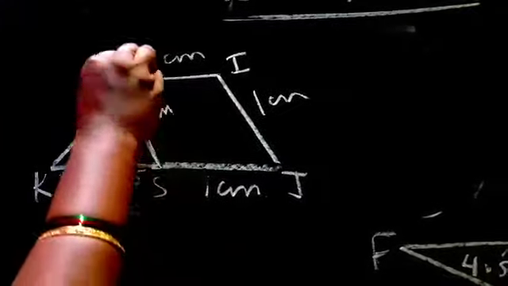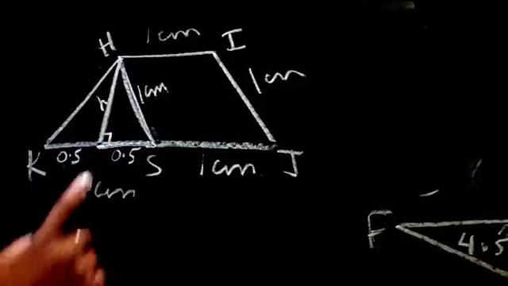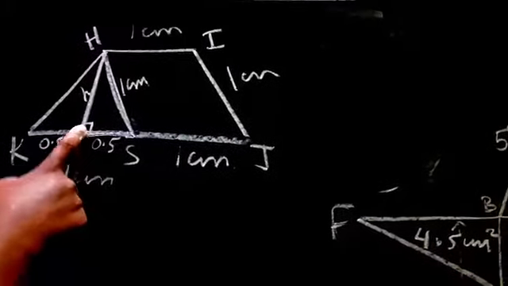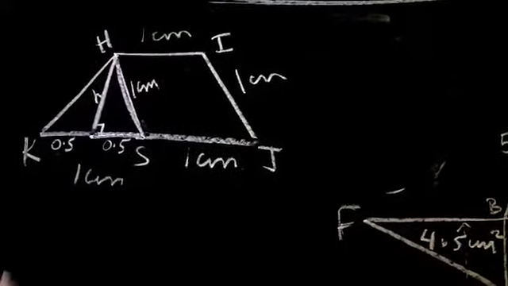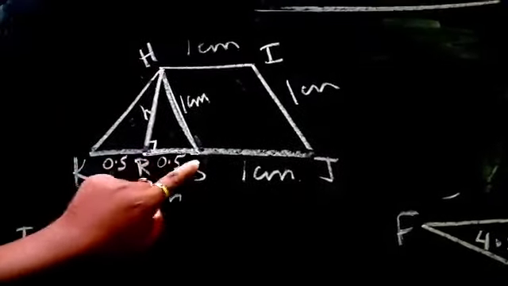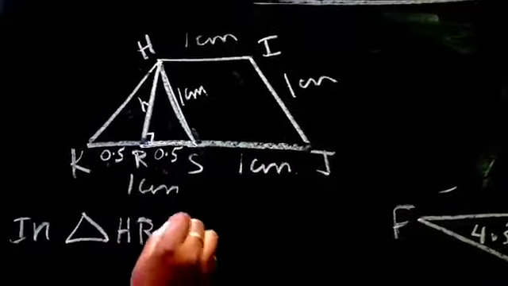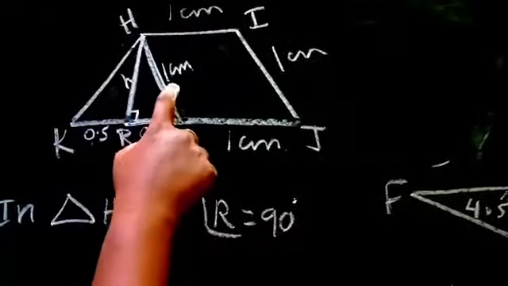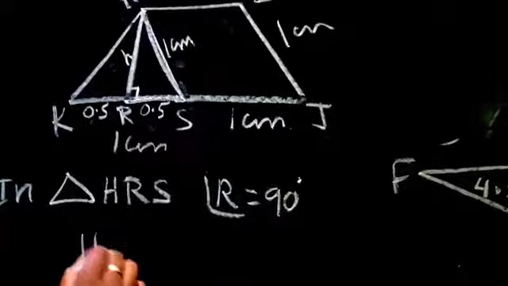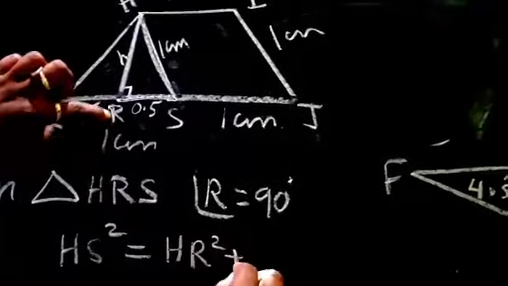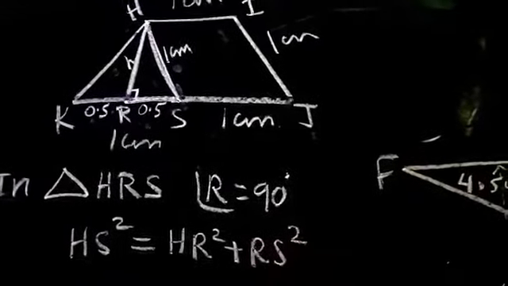So only this portion if we take, it is like a right angle triangle. In a right angle triangle we have 2 sides' measurement and one angle is 90 degree. We will find the H value. Now use the Pythagoras theorem. Right angle triangle HRS. We have angle R is 90 degree. So opposite the 90 degree it is called the hypotenuse. So HS square equals HR square plus RS square. This is what our Pythagoras theorem says.